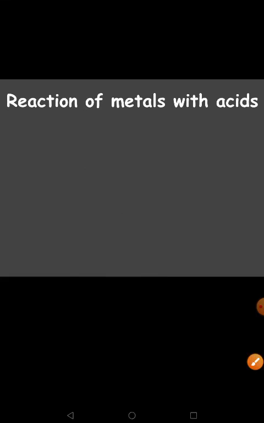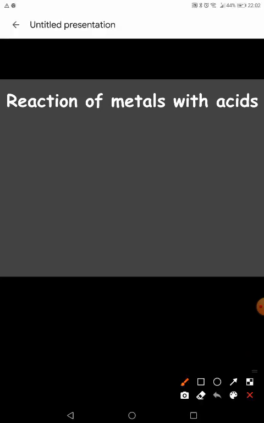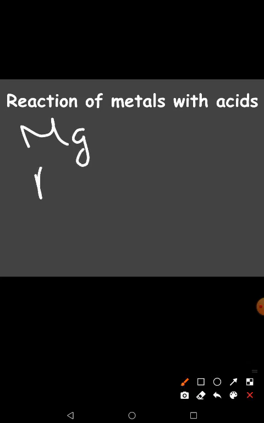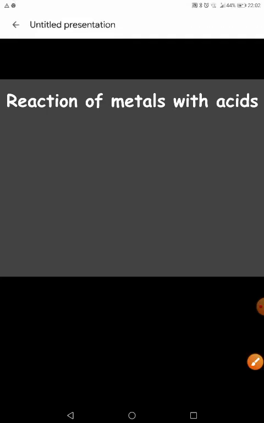Now, see, from this, you can say that the rate of formation of bubbles was faster in the case of magnesium when compared to other three elements. So when you arrange them in the decreasing order of their reactivity, you will find magnesium at the top place, followed by aluminium, and then comes zinc, and then iron. Okay,